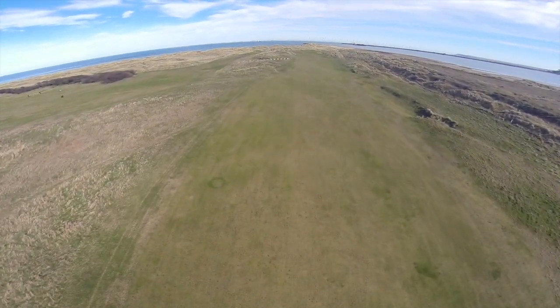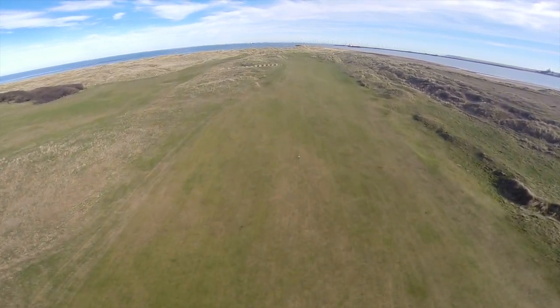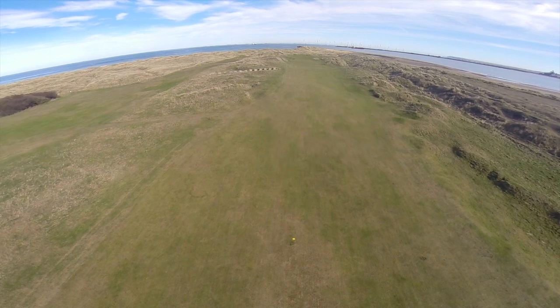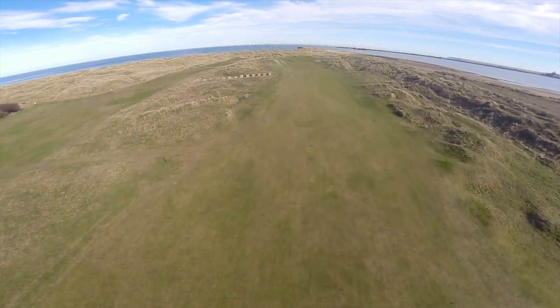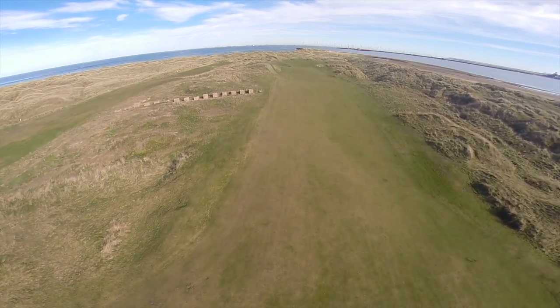The ideal drive needs to flirt with the humps and hollows down the right, because anything to the left of centre will be tucked away into the sandhills. Don't go there. A deep swale, about 50 yards or so short of the green, has a foreshortening effect on the approach,